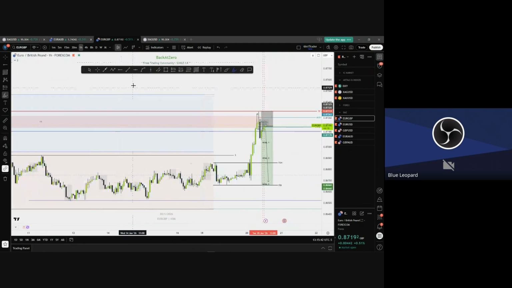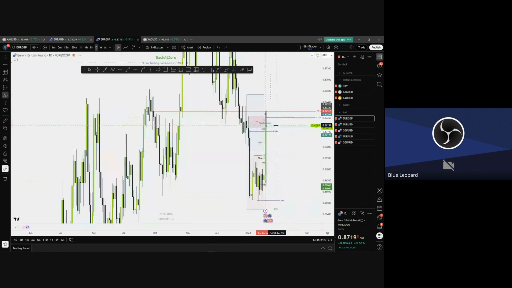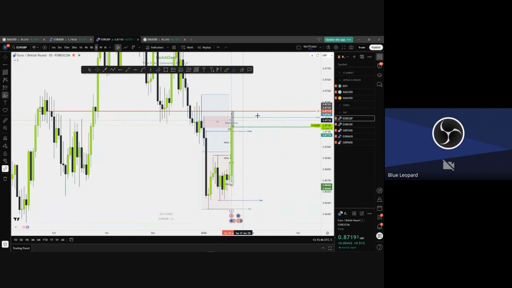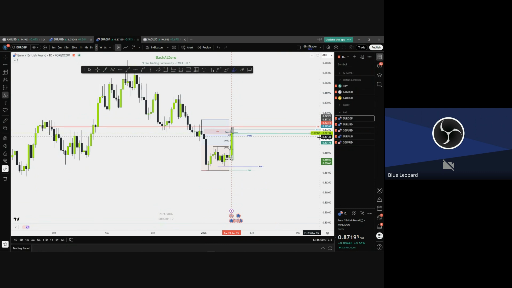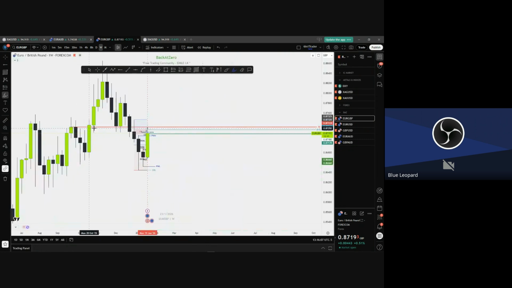And let me show you now, when I go on the daily time frame, you can see how this was the beginning of bearish candles, a series of bearish candles. So I know if we reach this zone, price will somehow find a way to retrace from here because we have sellers here. Another thing, if I go on a weekly time frame, I mark the key level.